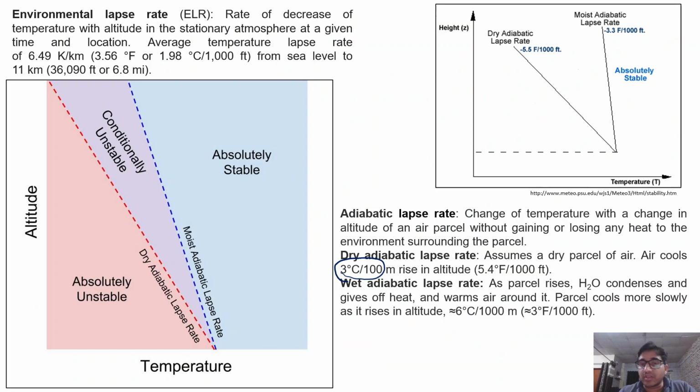It cools down slowly. So you can see over here that in the previous case, 5.4 degrees Fahrenheit per thousand feet was the dry adiabatic lapse rate, but in the case of the wet adiabatic lapse rate it is less. तो आप ये देख सकते हैं इस प्लॉट में कि the dry adiabatic lapse rate is having a steep curve or steep temperature gradient, while this is having a gentle or less steep temperature gradient, the moist adiabatic lapse